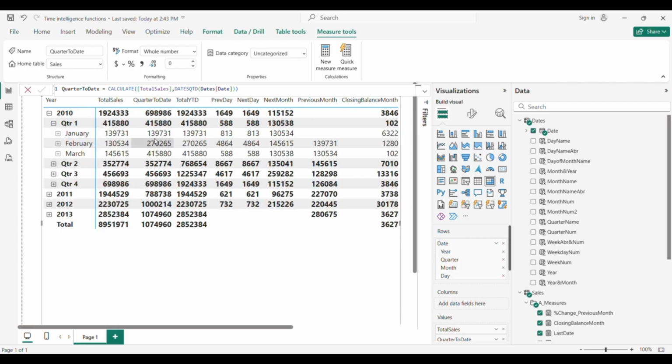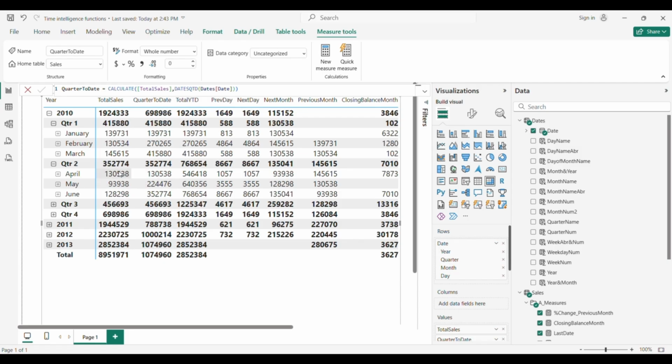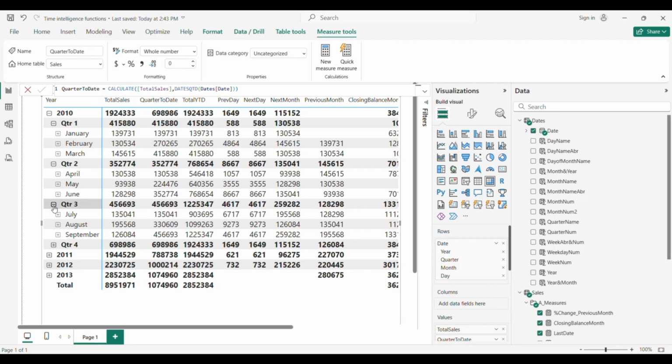You can see easily that the first month and second are summed up, and also the third one. And then with quarter 2, it starts again from April. Then May is summed up, and eventually June, and then it goes again from next month. It will be reset, and same calculations for each quarter.